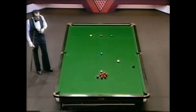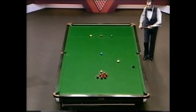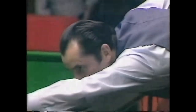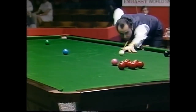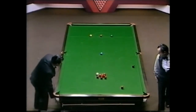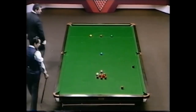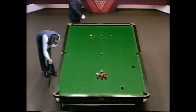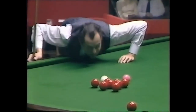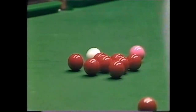I think Ray's having a look here to see just what's going to happen to the pack. I think he's got just enough angle maybe to shift the reds around a little here. Well, that's not good enough, and he's a wee bit exasperated with that one. Yes, this break's been very hard work for Ray all the way along. He hasn't got favourable position time and time again, and yet he's managed to pick out a red, pick out a colour, and